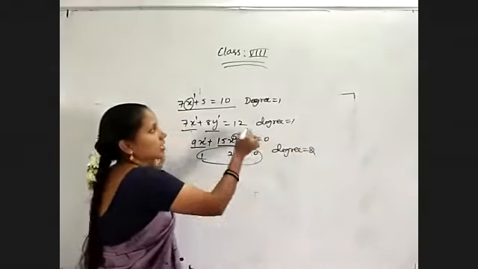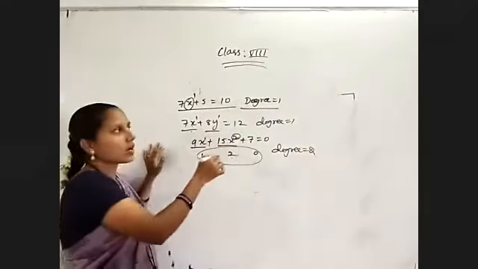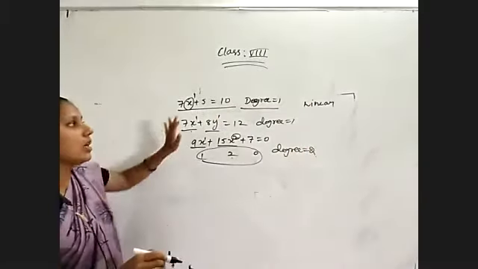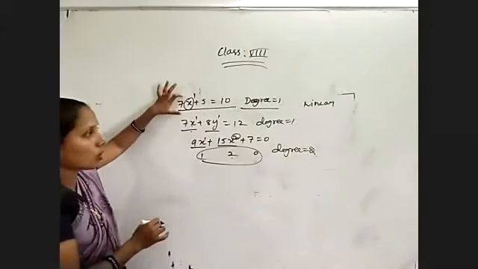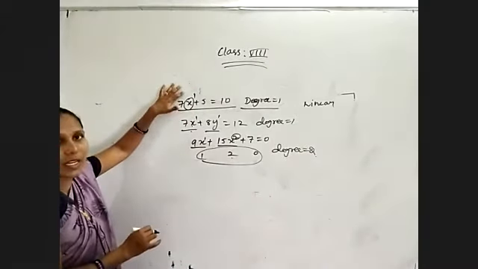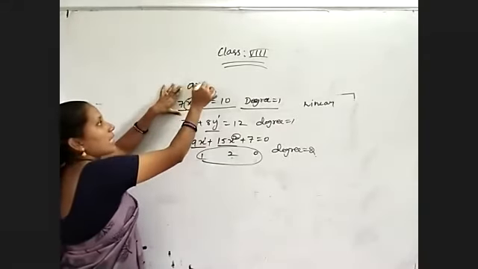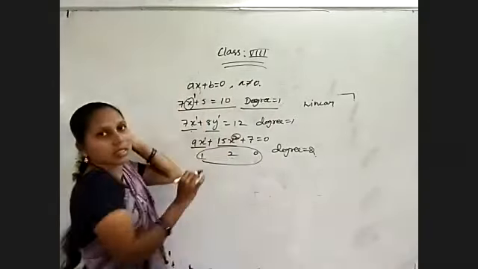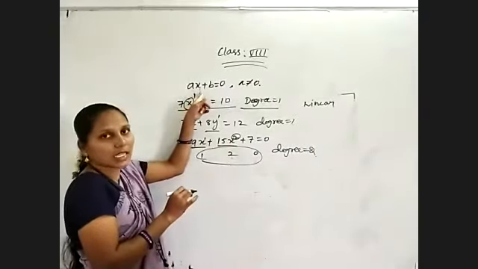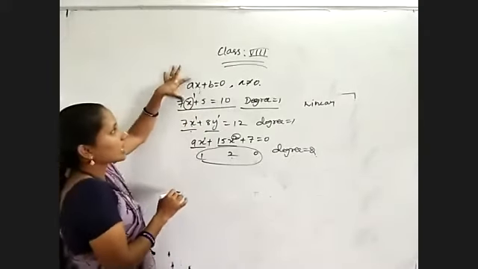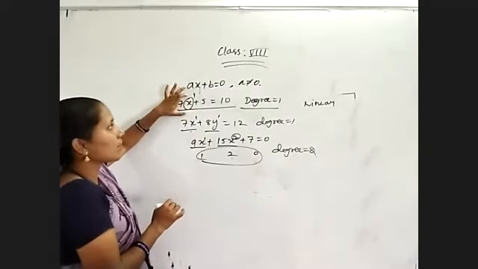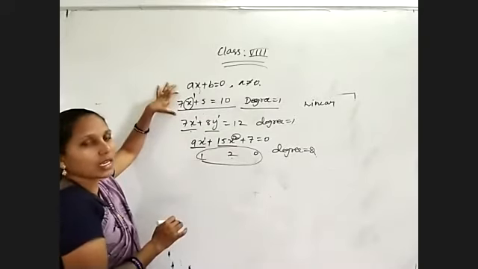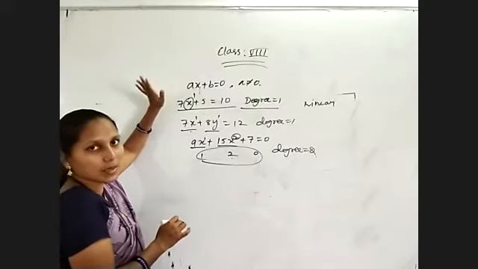So the equation whose degree is equal to 1 is known as a linear equation. We have finished, once again I am revising. If it has only one variable, it is a linear equation in one variable, and its general form is ax plus b is equal to 0, where a is not equal to 0. And if the equation has only one variable and degree equal to 1, that is known as a simple equation. Linear equation in one variable is also called a simple equation.